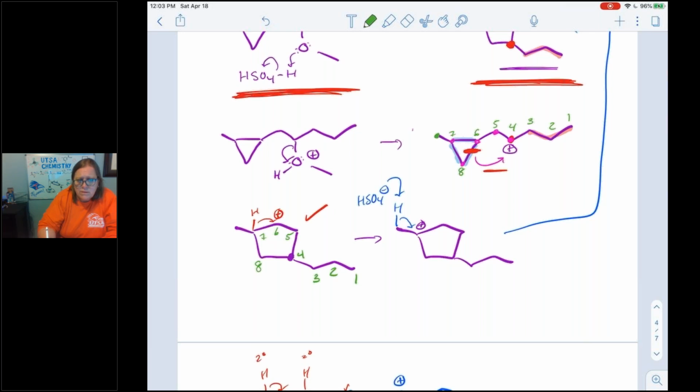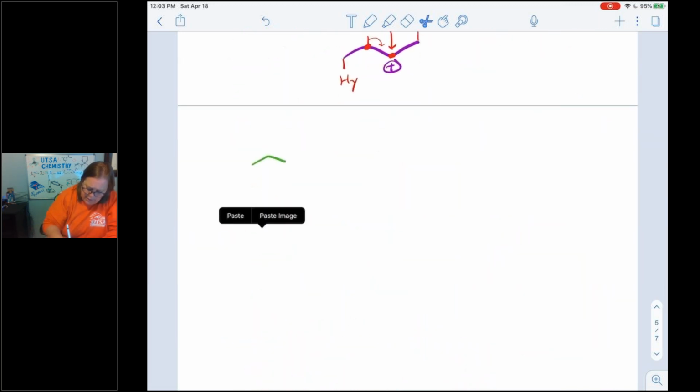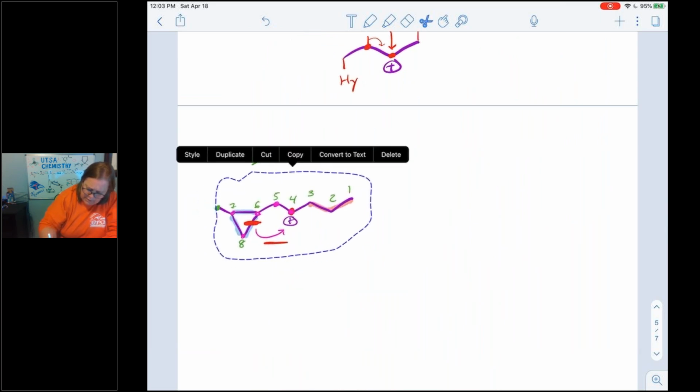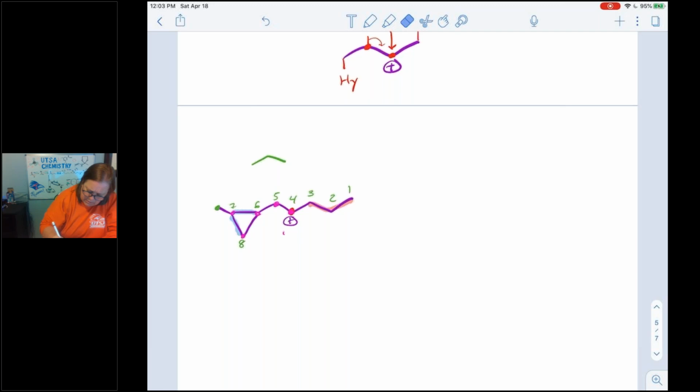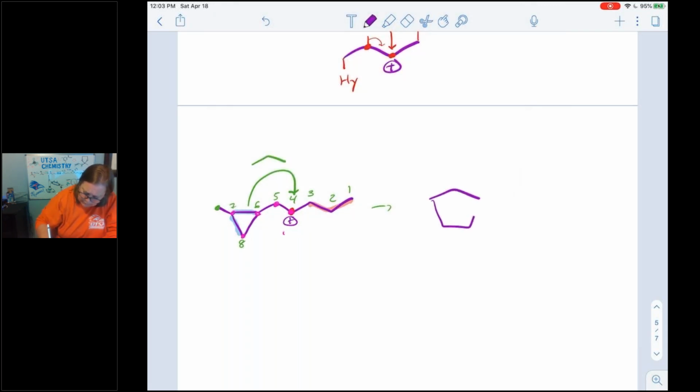Okay, sounds simple enough. I mean, there is a certain amount of what we call by inspection, right? What does that mean? You've got to look at it and see what gives you what you want. And so if I would have broken the bond between, say, 7 and 6, for example,